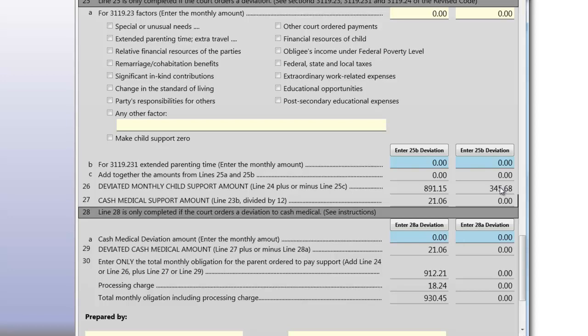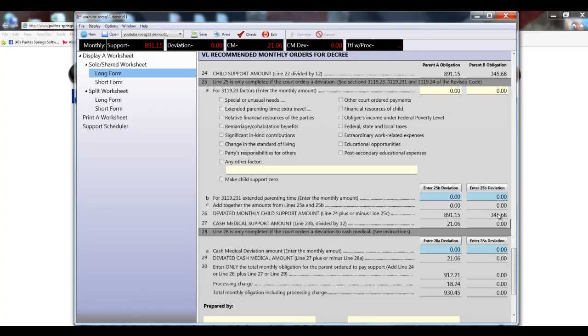Now, I think I mentioned this before, at least in one of the videos, you may be curious, as I was, about how the new worksheet compares with the old one. So I took the same facts and plugged them into the old worksheet and the new one, and then I gave equal incomes to the parents and ran the guidelines from combined gross incomes ranging from $25,000 through $100,000. I prepared a spreadsheet with the results, and I don't have access to it right now, but you can see that spreadsheet in FAQ video number 15 on